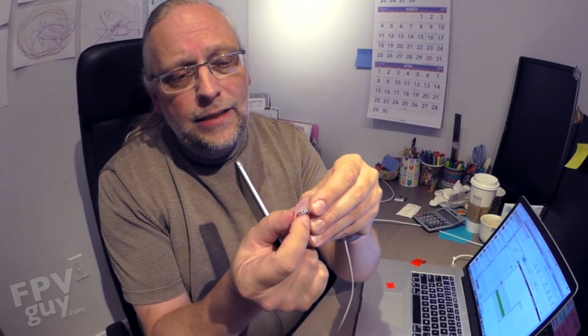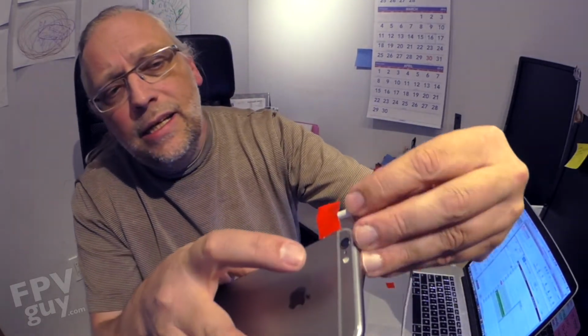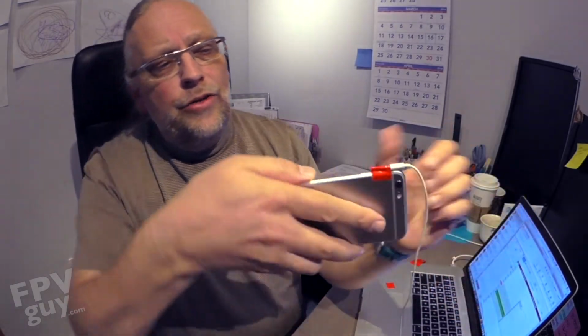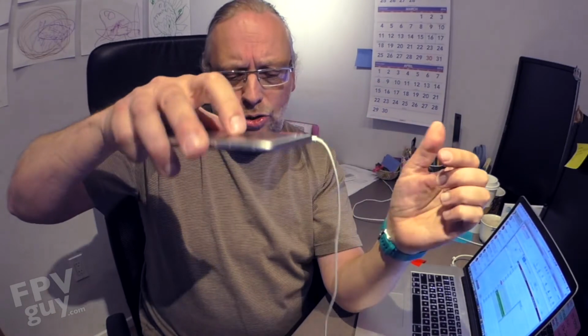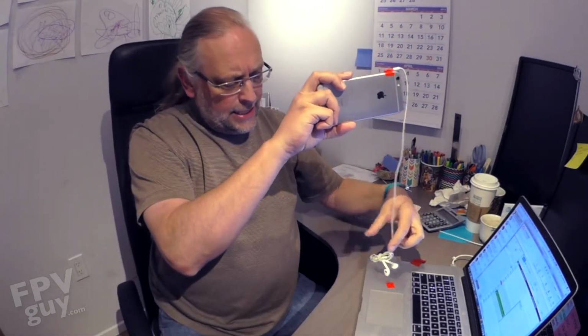Here's how I do it. I just kind of grab out on the end here. I stick it on, not too much on the one side, because I'm going to stick this tape, you see that? Right down. Don't block the camera. And then I just kind of tack it down like this. There you go. Now the phone, notice how now it's attached, and it kind of rotates together with the phone. So now, by putting the center of the headphones over the red mark, which is my rock, on the ground here,